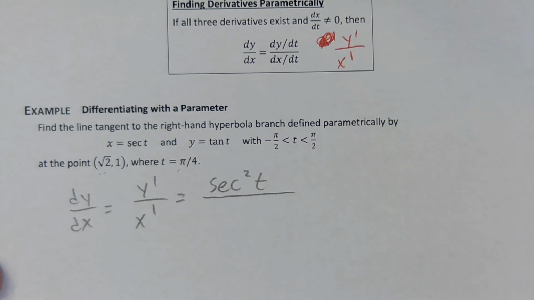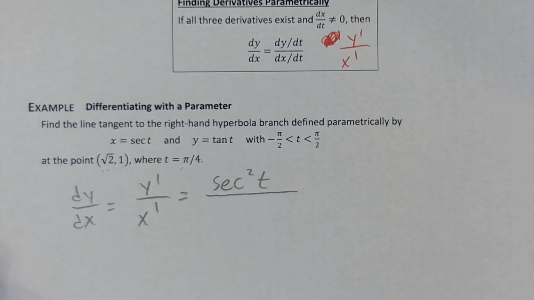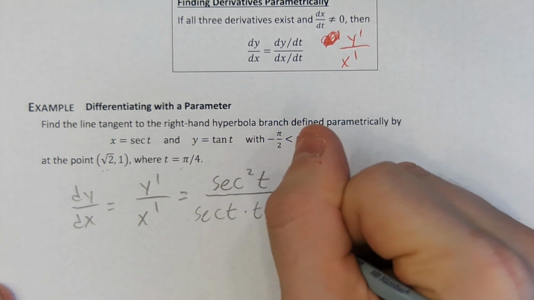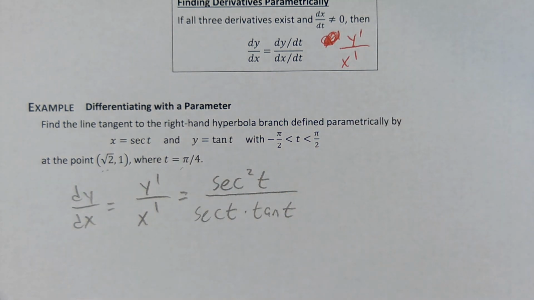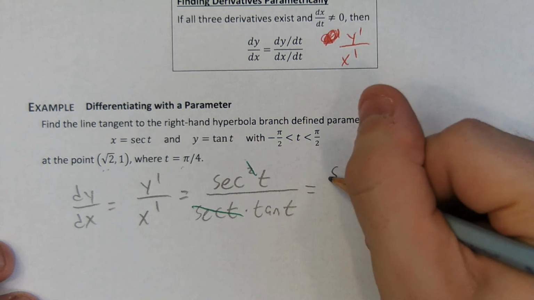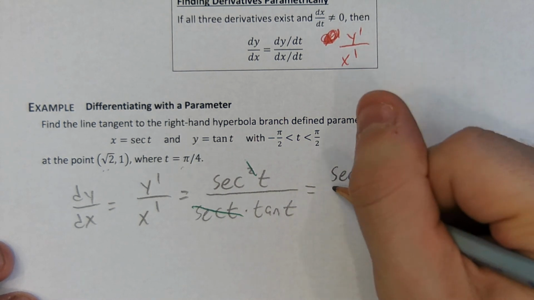over x prime. Secant. Again, not going to be a chain rule because the derivative of its inside is 1, so the chain rule doesn't come into play here. But this is good review from the last set of notes. The derivative of secant is secant tangent. So this gives me secant t times tangent t, which is going to simplify because there's a pair of secant t's up here, and there's one down here, so they're just going to cancel each other out, leaving me secant t over